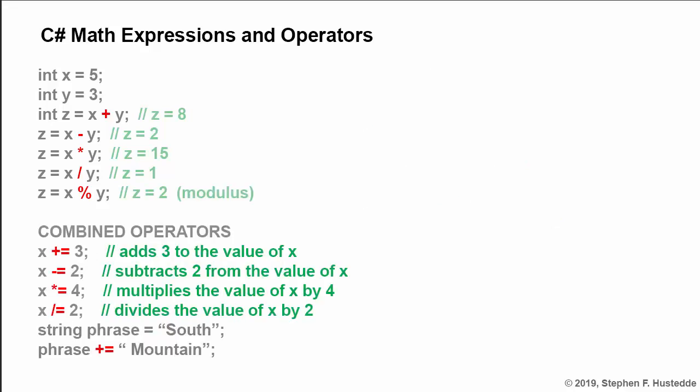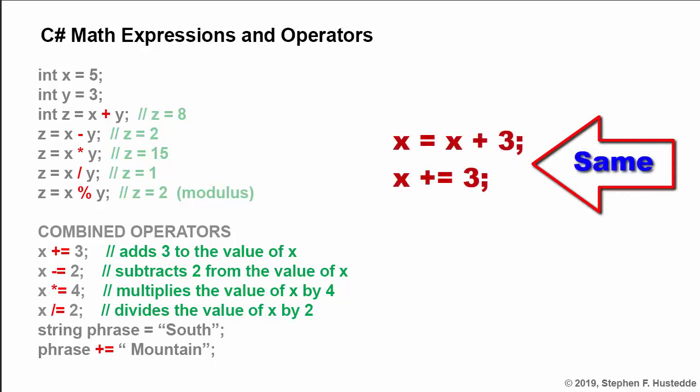So we have our addition, subtraction, multiplication, division, and modulus operations. We can combine all 5 of those into what we call combined operations, simply as a way of writing shorthand. So I might have something like x equals x plus 3. Well, I can combine that operation by doing the plus equals as an operator, and this simply says add 3